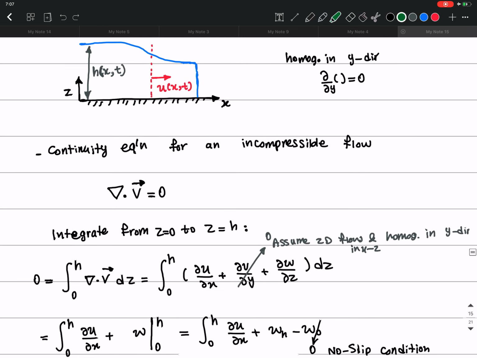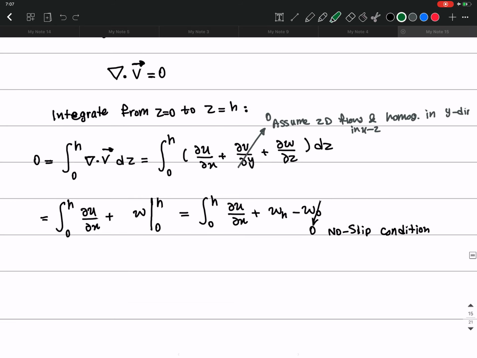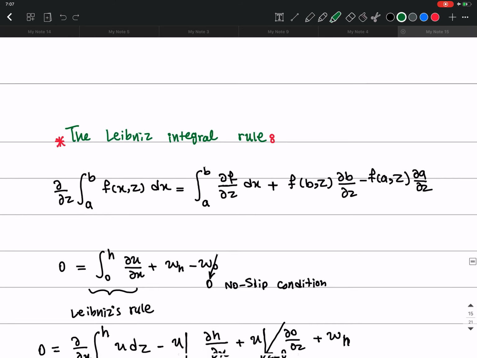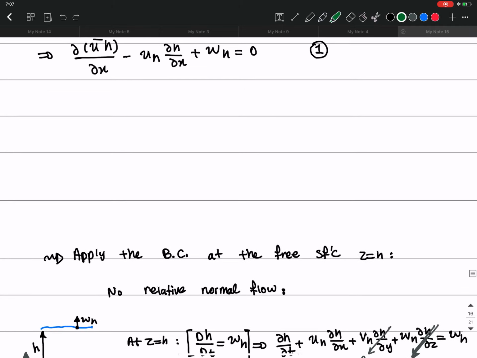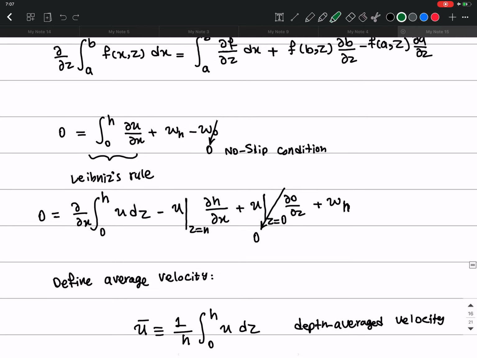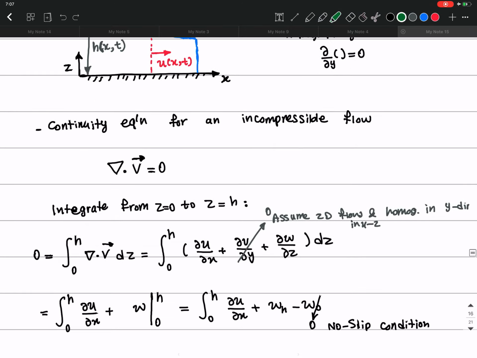We started with the continuity equation for an incompressible flow, which is this equation. And then we integrated from 0 to h. We used the Leibniz rule. We defined the average velocity as this, u bar. We used the bottom boundary condition, which is the no slip condition, and then the top boundary condition,